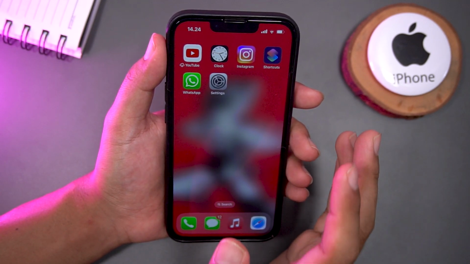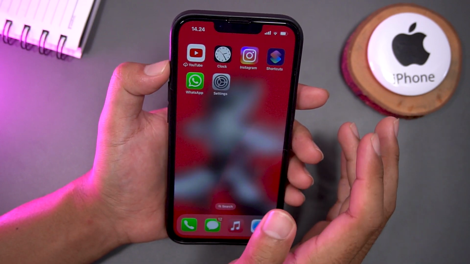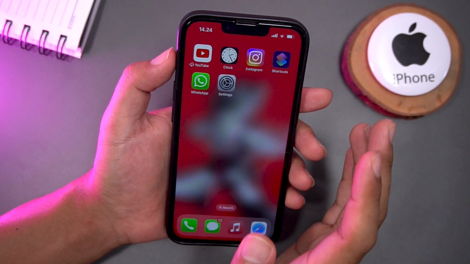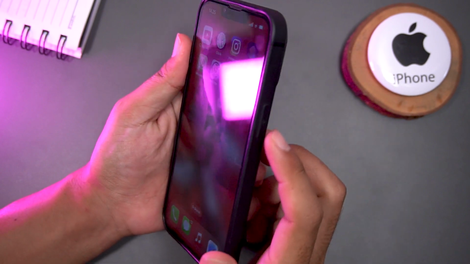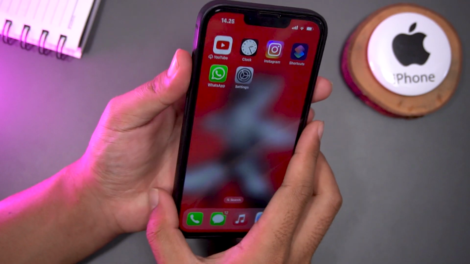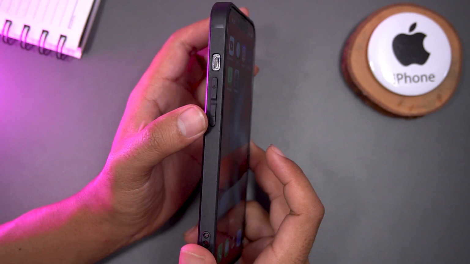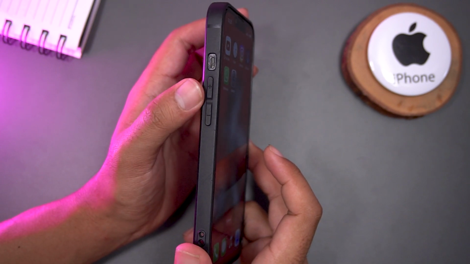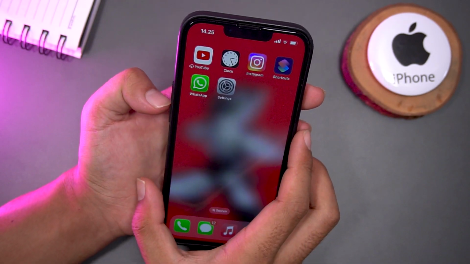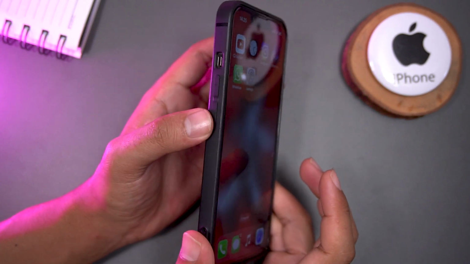After uninstalling the app, it's a good idea to restart your iPhone to ensure all cache data is removed. Here's how. As you can see, on the right side of your device there is a power button, and on the left side of your device there are two buttons. We call them the volume up button and volume down button. Then, to restart your iPhone, press and hold the side button, the power button,